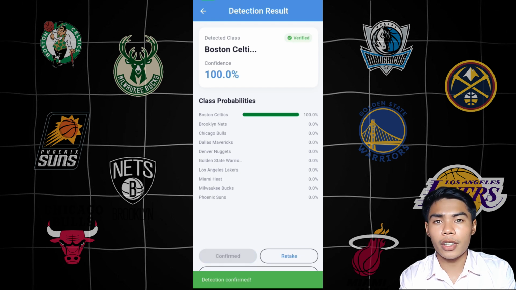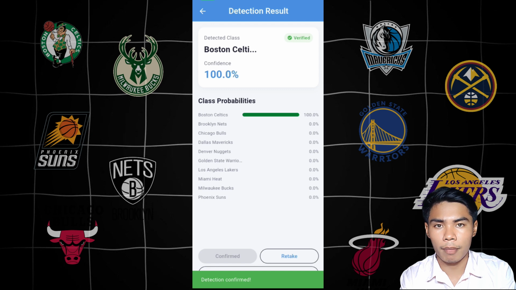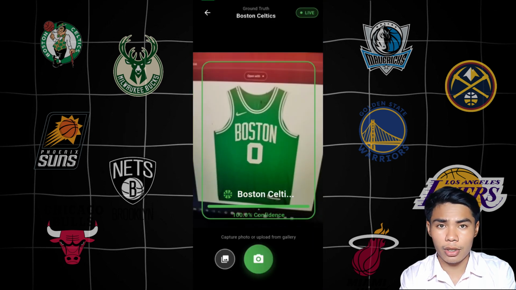You can also confirm the result to mark it as verified. This helps the system improve over time by collecting accurate data. And if you want, you can retake the detection